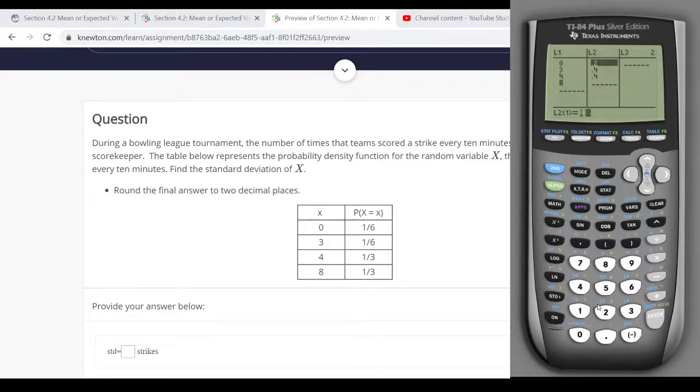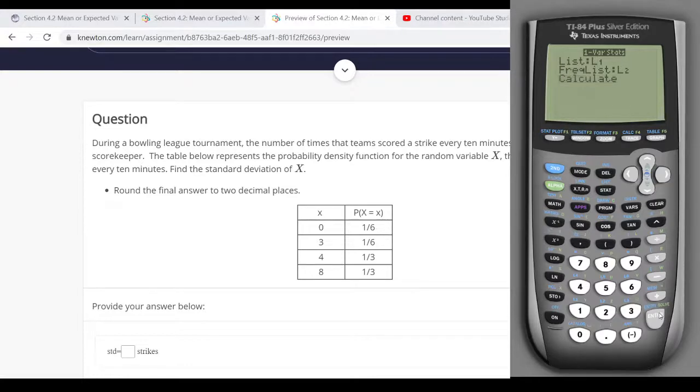Now I'll just enter fractions, 1/6, because 1/6 is like 0.1666666. I'm not going to round that. I'll put 1/6, then 1/6, 1 divided by 6, 1 divided by 3, and 1 divided by 3, right? 1/3. Okay, and then get out of here, go stat, calc, 1 variable stats, the list of outcomes, the probability